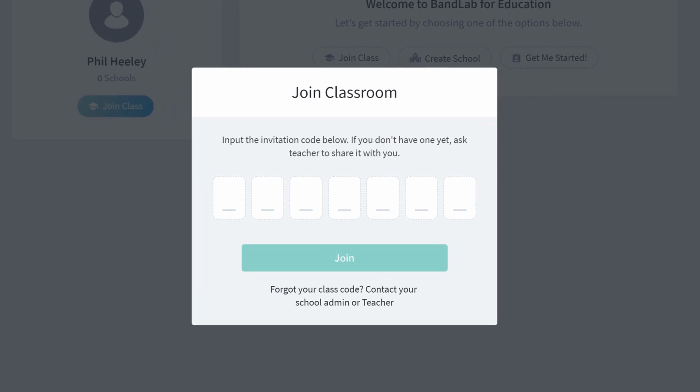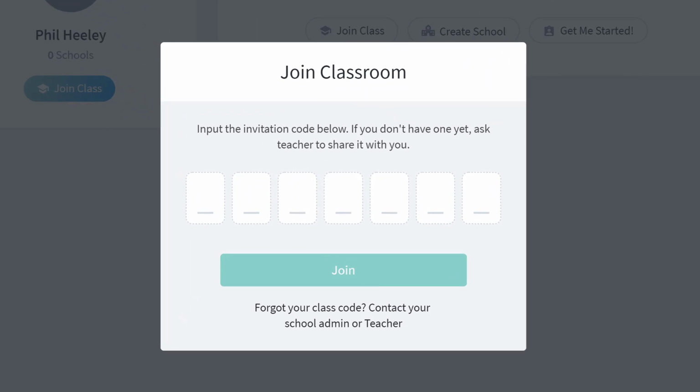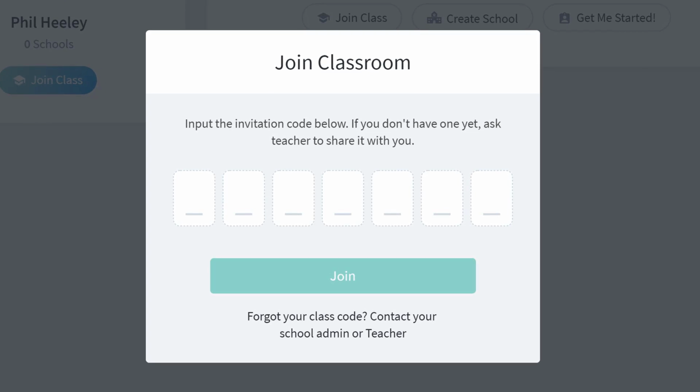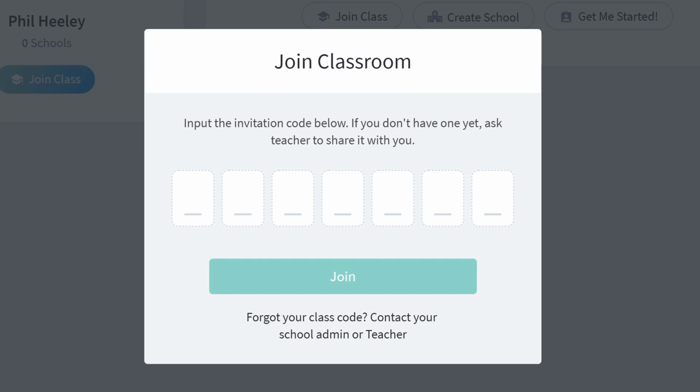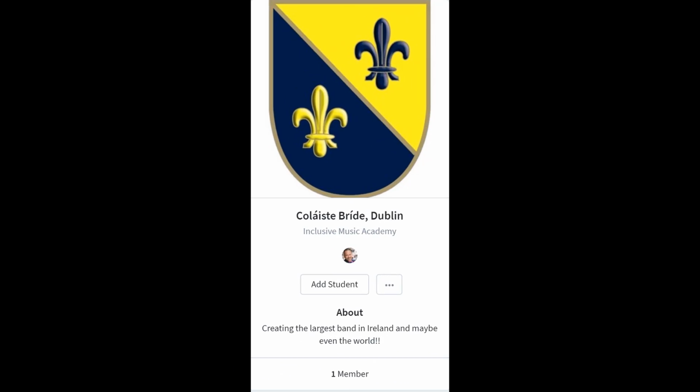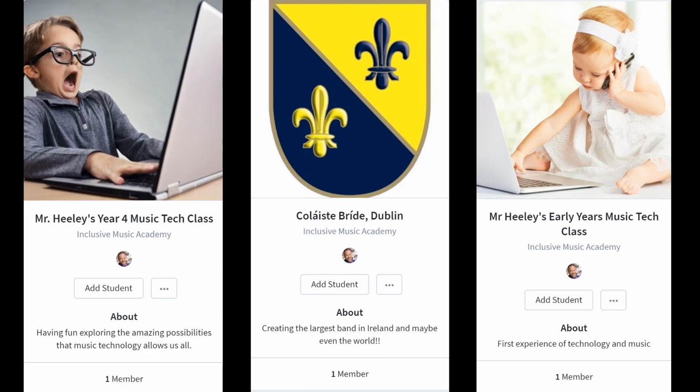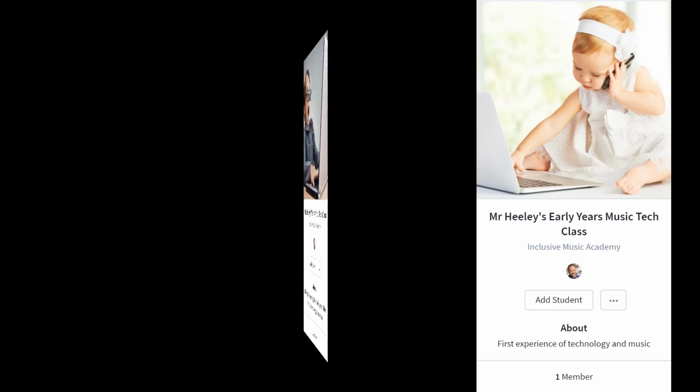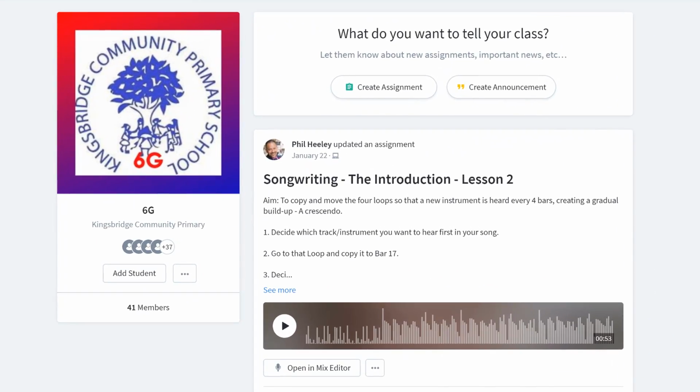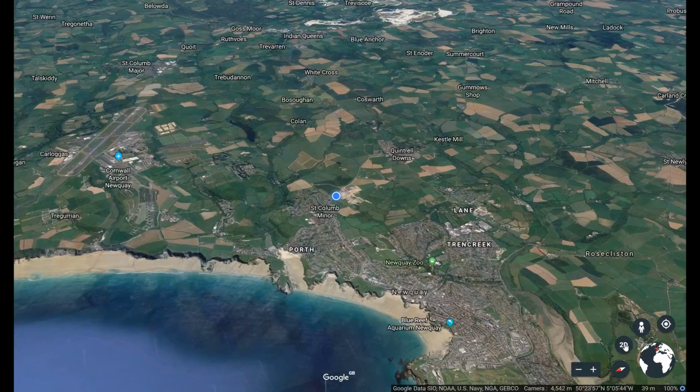If you, as a teacher, were invited to join another class, the teacher would send you a code, and by typing it in here, you'd automatically be enrolled in that class. This is how two classes might start working on a musical collaboration. This could be a year 5 and 6 working together in the same school, or two classes from opposite sides